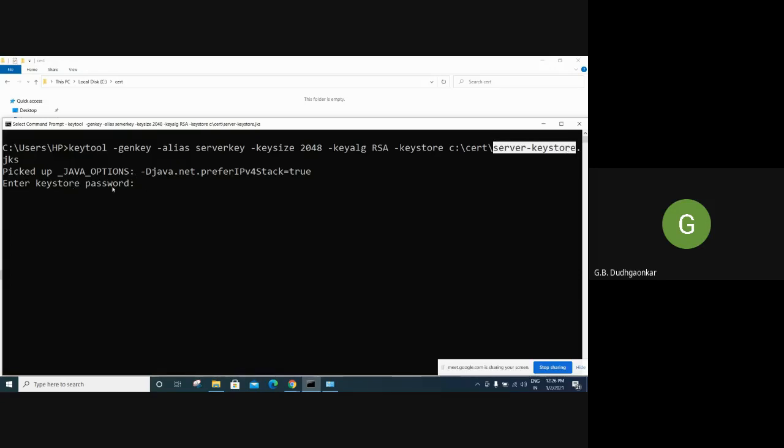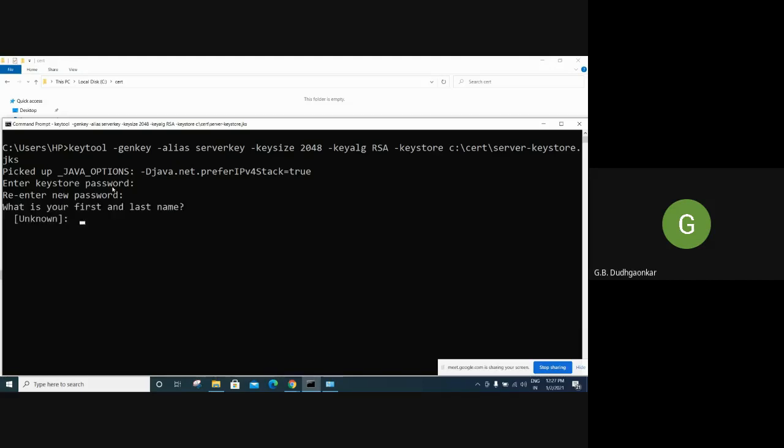Without the password, what happens? Anybody can take the keys. That means we require a password every time to access the JKS file. So here I will type. It must be more than 6, at least 6. So I will write 1, 2, 3, 4, 5, 6. It is not visible, so type carefully. Okay. It will ask me to re-enter the password. So 1, 2, 3, 4, 5, 6. At least 6 characters are required, any alphanumeric or alphabets.